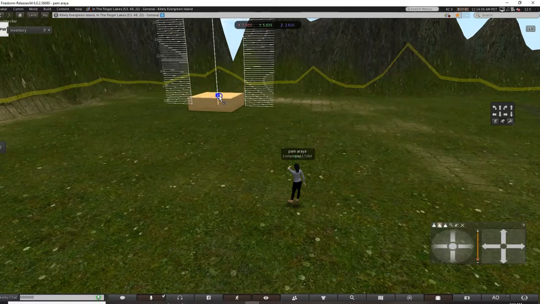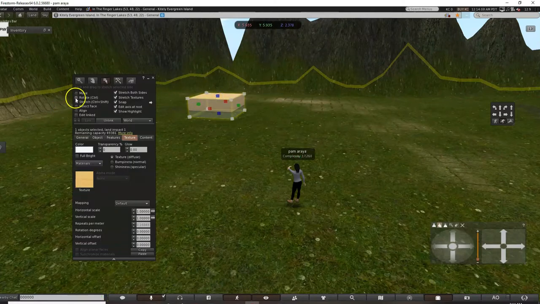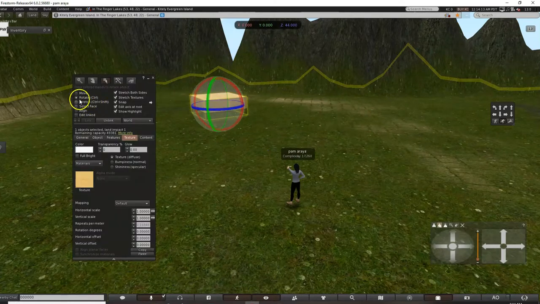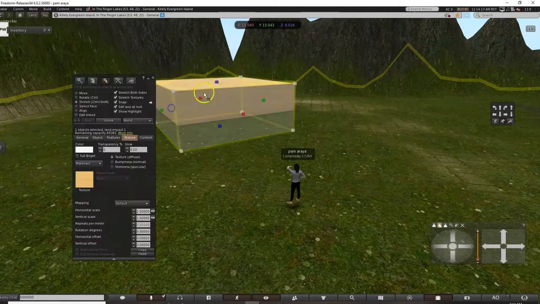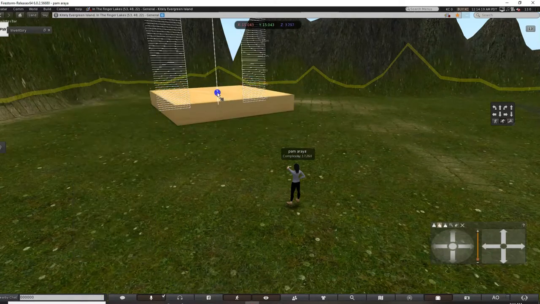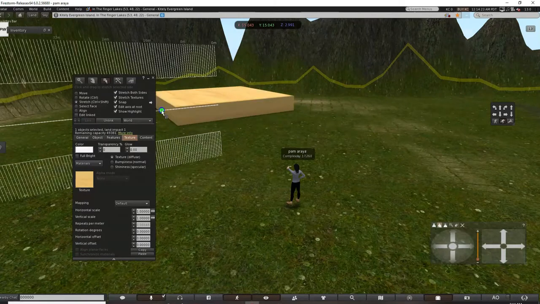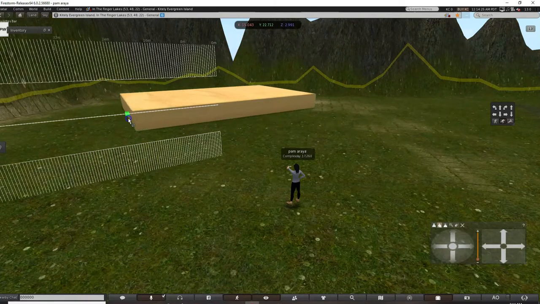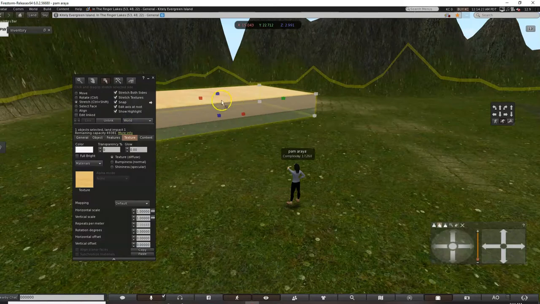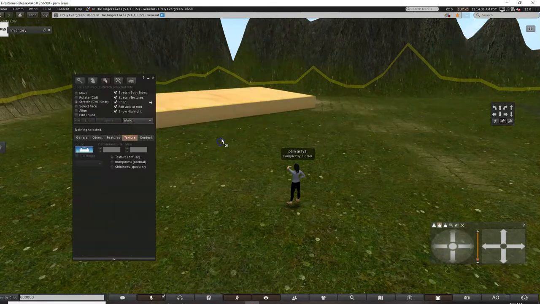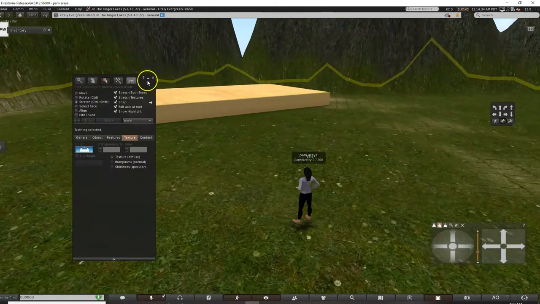We don't want it to be too high, right? Okay, we're going to stretch this part right here. Okay, so I'll use that.